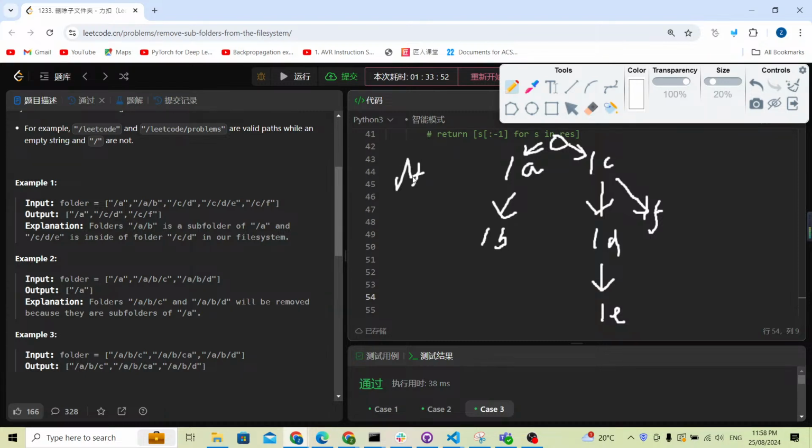We can use a recursive function, DFS, to find all the folders that meet the condition. Yeah, but we just need to remove the subfolders. But how can we remove the subfolders? So for example, this is